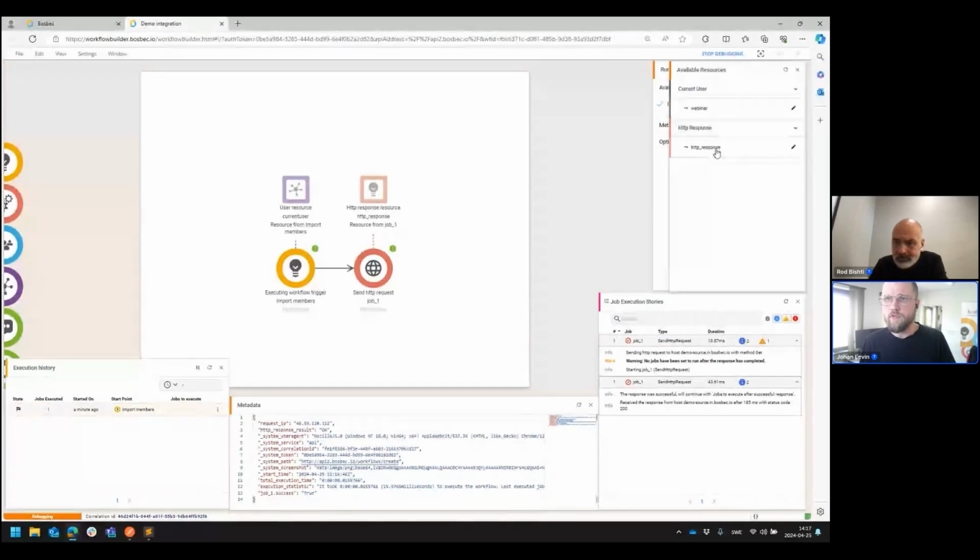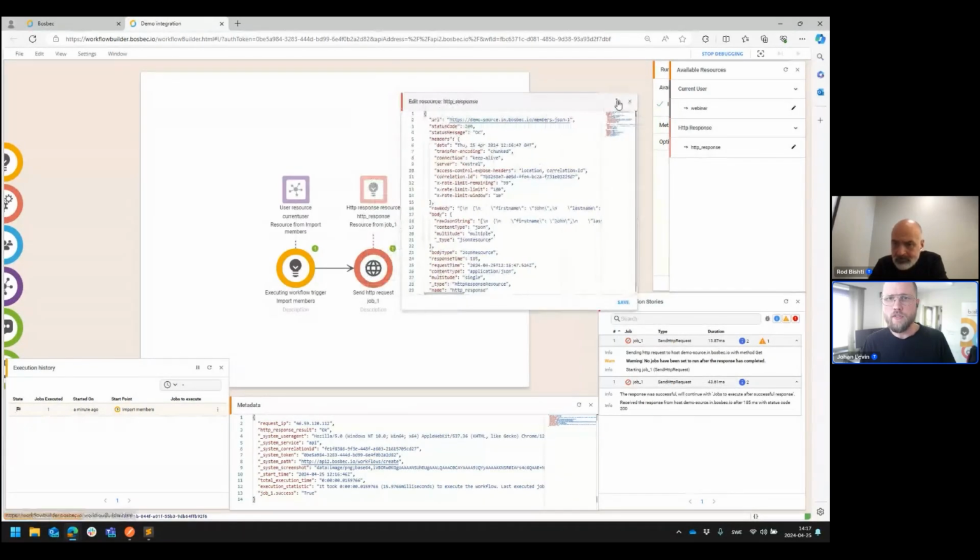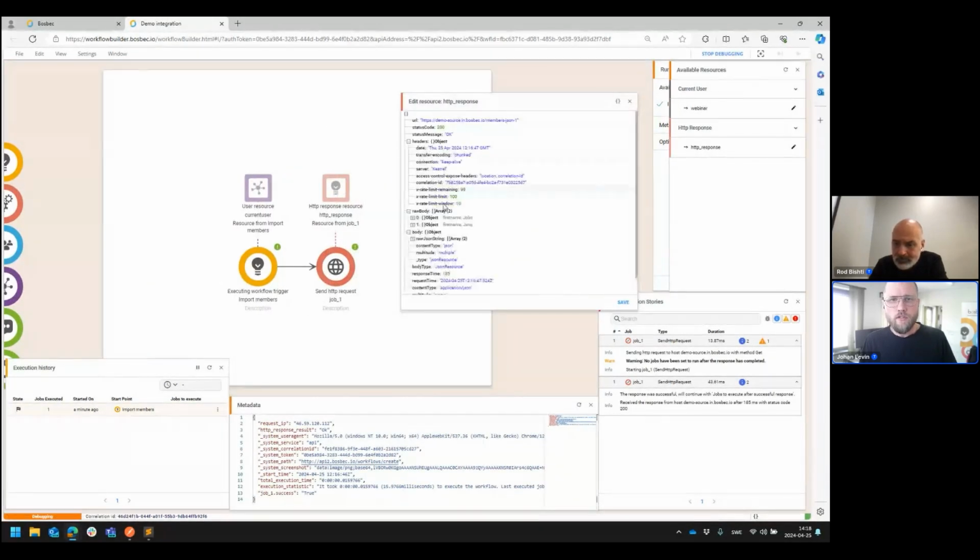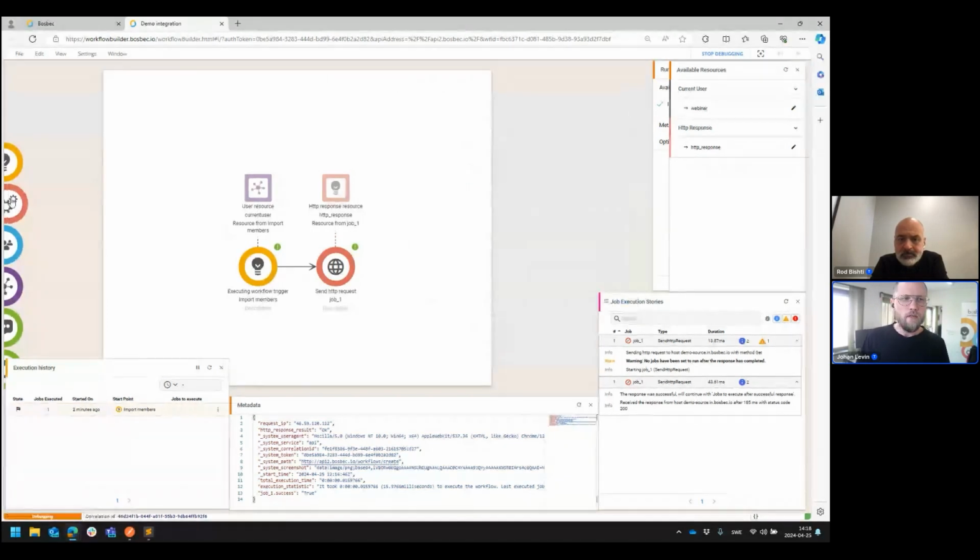And we have HTTP response. So this is the response we got from the simulated API. And in this, we can see that we have an array with John Doe and Jane Smith. To be able to work with this data, we need to convert it into a JSON resource. So I'll drag out a new job,